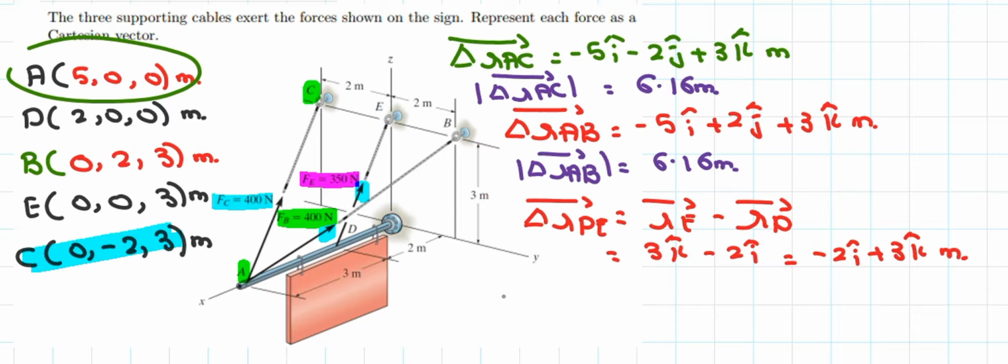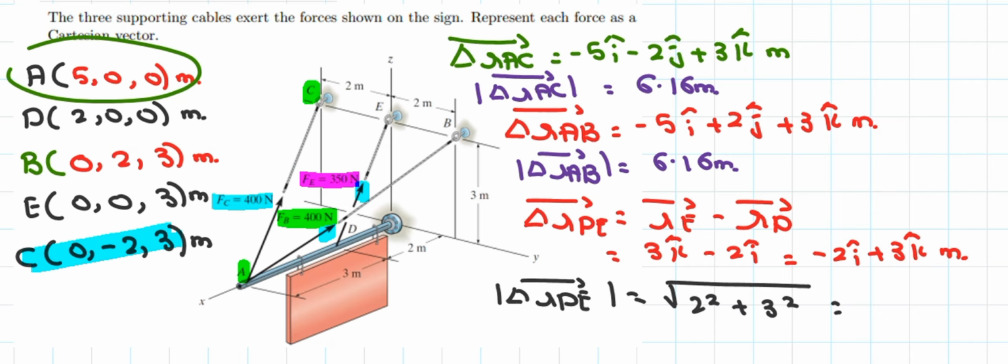For the magnitude, we have the formula, that is delta RDE, which is equal to under root x square plus y square plus z square. In this expression, there is no y value, so we can ignore it. So it will become 2 square with positive 3 square. Grab the calculator, put the values into it and solve it for the magnitude of RDE. So the magnitude of RDE is nothing but 3.60 meter. Now we have successfully found the position vector of every single point in this diagram.